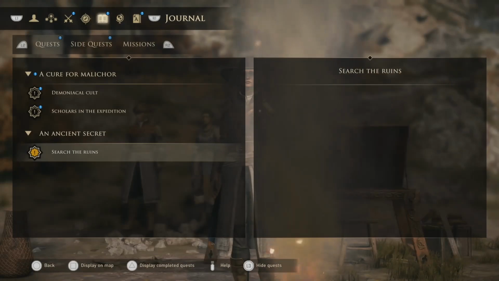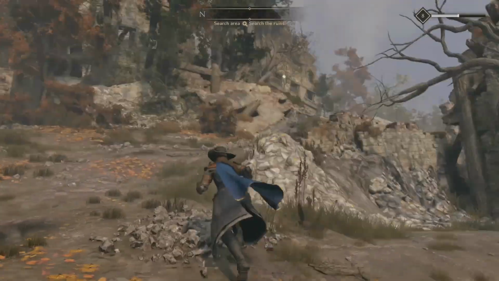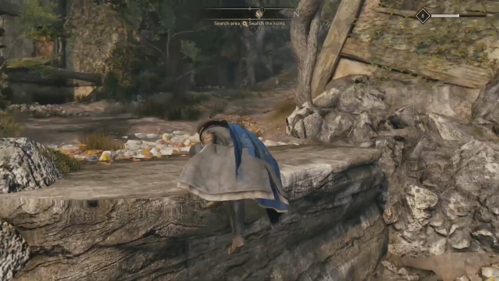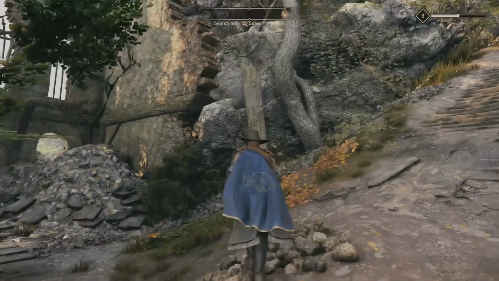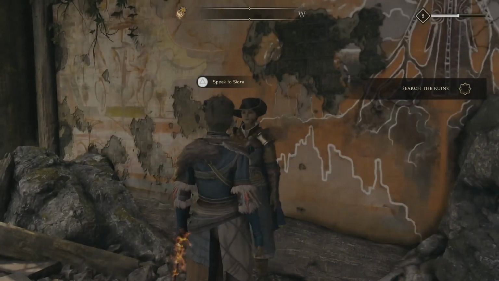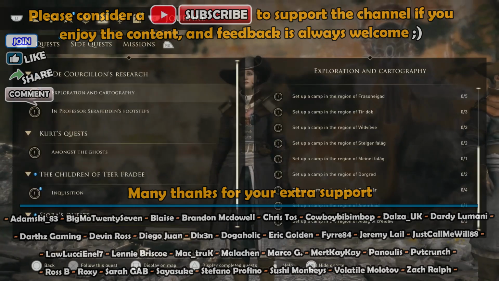To begin with, we should be doing the main quest, Search the Ruins. And for that we just have to head up here, I think it's to the north. We did come down this path at the end of the last video, to reach that campfire. But yeah, you come up here and there'll be a sort of mural. Just come up here, a cutscene will automatically trigger, and that should